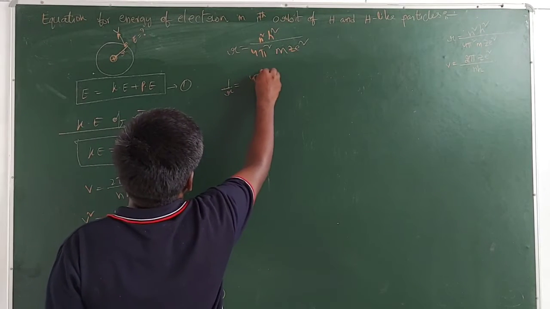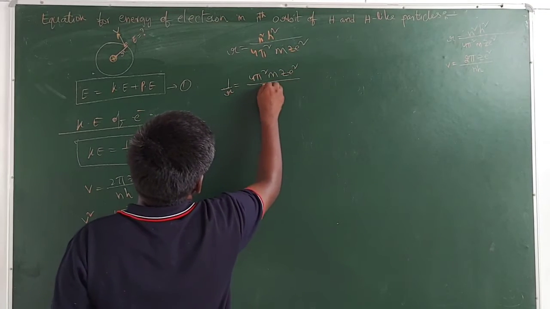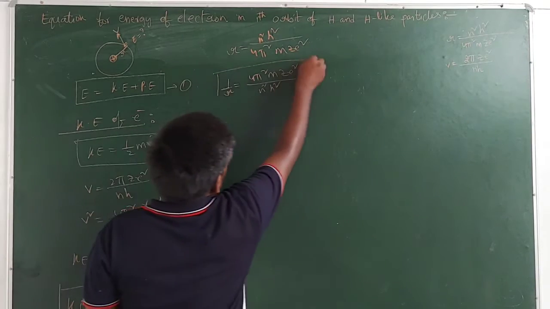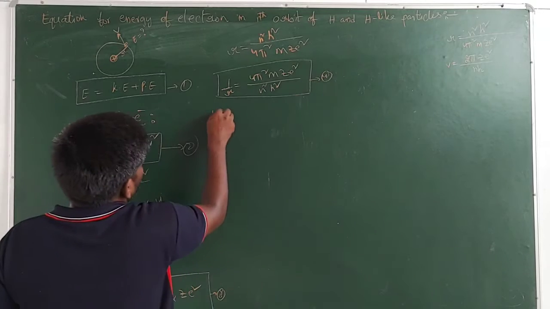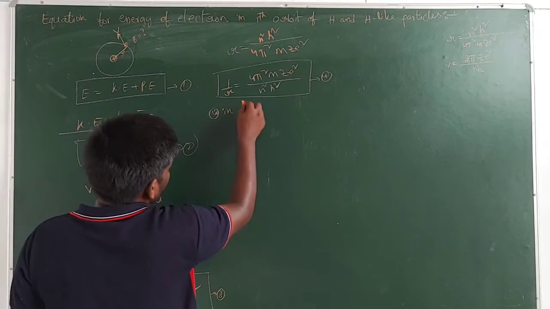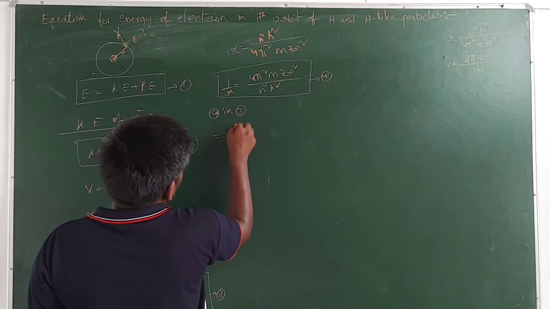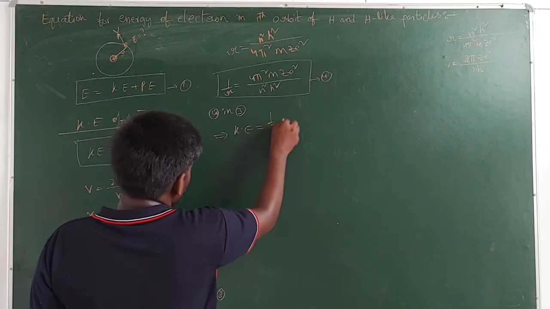You will get 4 pi square m into ze square by n square h square. Now this is equation number 4. Now you substitute this equation number 4 in equation number 3. So it implies kinetic energy of the electron is equal to half into